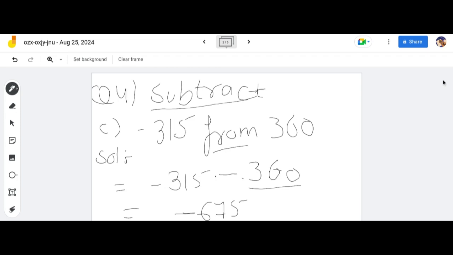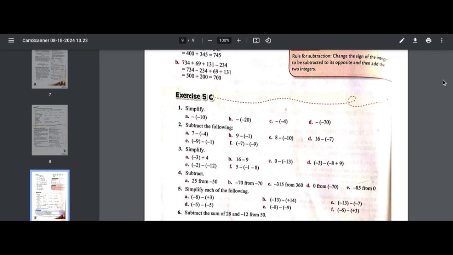Okay. Understood? Yes. Or do I have to do one more question for your practice? No, ma'am, I can do it. You can do that. Yes, ma'am. So the other parts will be your homework. You can write this down and choose the question from the fifth part. Simplify each of the following statements. I hope that is also easy.